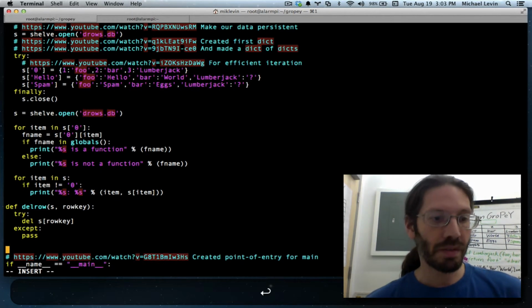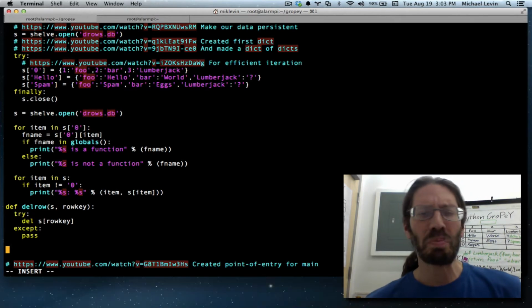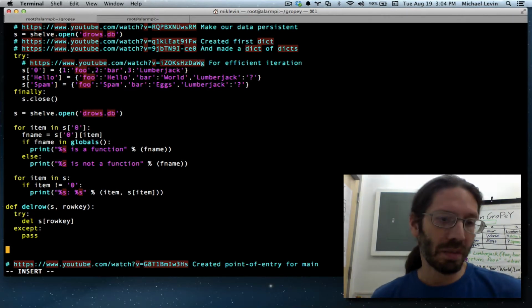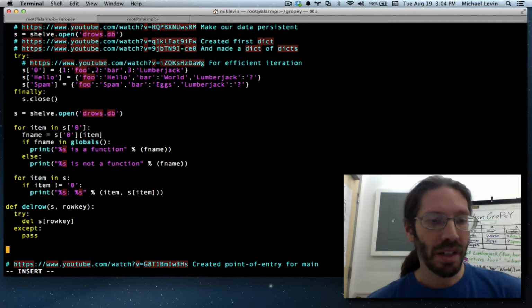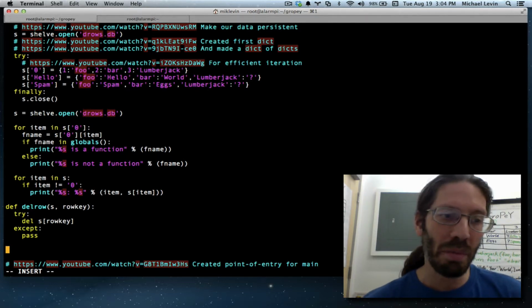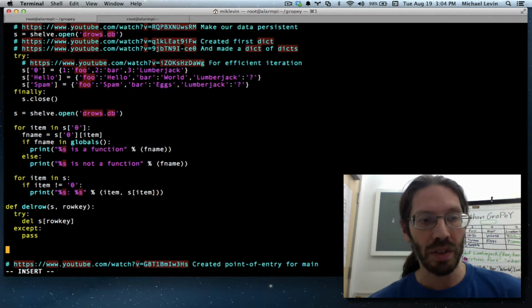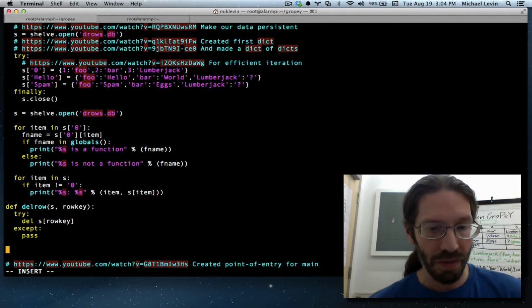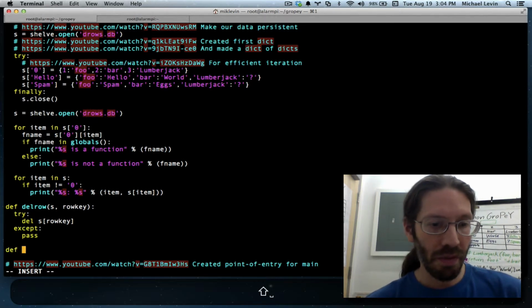Now, all these functions that are going to be the capabilities of the system are not really going to go in this file, gro.py, because they're going to be so dynamic and added. I don't want to mess up the main program flow and the core functions with all this ad hoc stuff. But for the sake of demonstration, we will go def